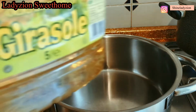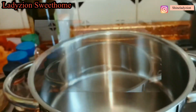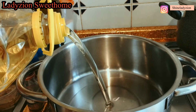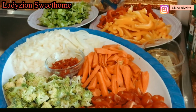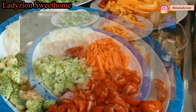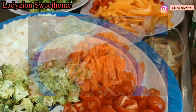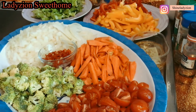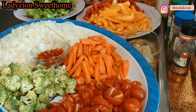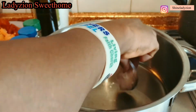I will be using this normal groundnut oil to do the frying of the fish. Add my oil. So the ingredients, everything is well sliced. Can you see this? Beautiful and healthy. Don't eat quantity, eat quality. The type of mask life, wash your hand life we are living right now, you have to eat healthy, not plenty. Can you see? This is my fish. I'll start frying it without taking much time,